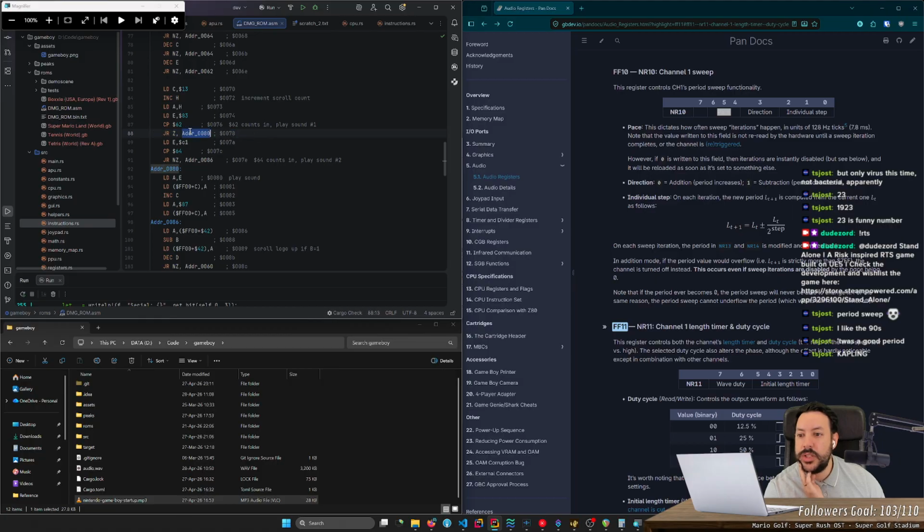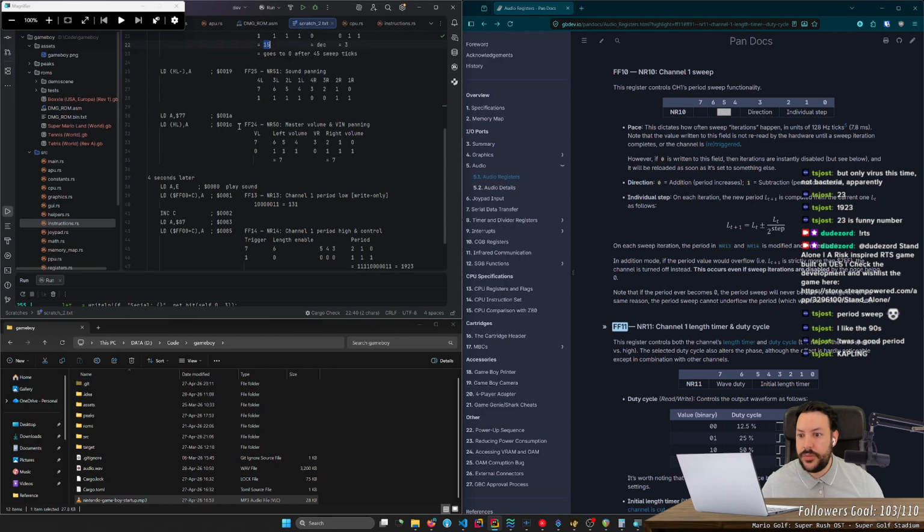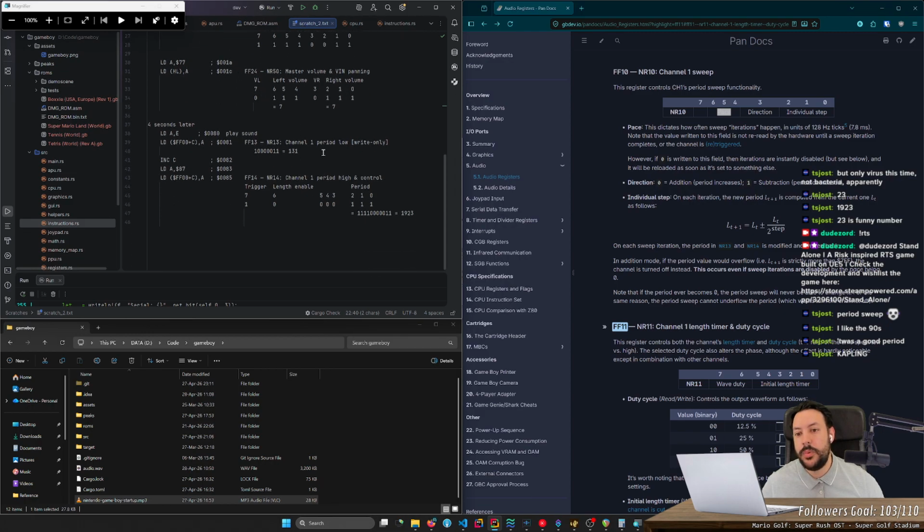I mean, it will obviously, whatever it writes here to E. Okay, so initially E is 83, and then it does something. So it puts, okay, maybe I got it. So on the first iteration, it puts an 83 here. On this guy, FFC. FFC is going to be 13. So on FF13, oh, period. Okay, so the period is what defines the frequency. I don't think I'm using this for anything.